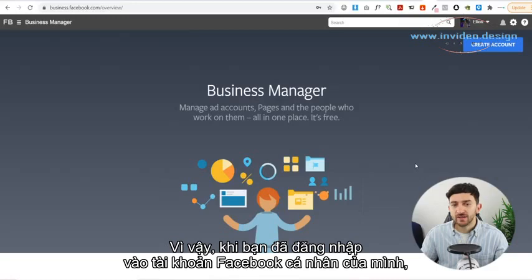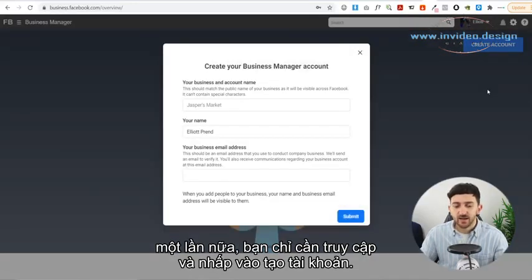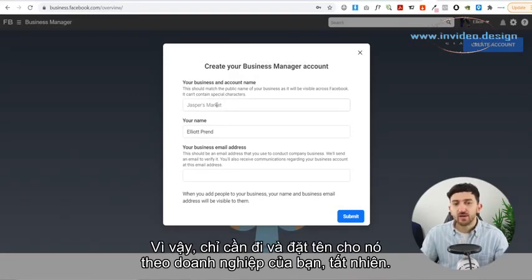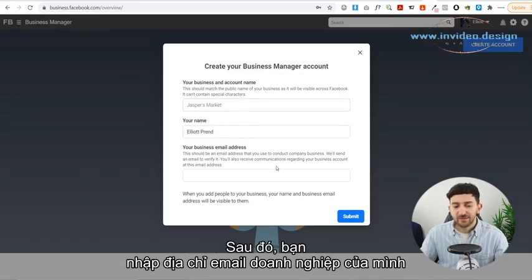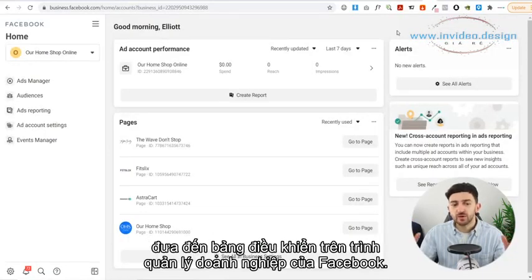So once you are logged in to your personal Facebook account, once again you can just go and click on create account. Now from here it's going to say your business account name, so just go and name it after your business of course, and then you just go and put in your own name as well, and then you go and put in your business email address, and you just have to hit submit. So once you do that, you will be brought over to the dashboard on the Facebook Business Manager,